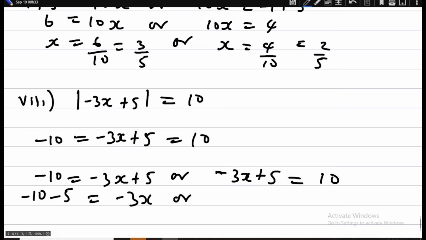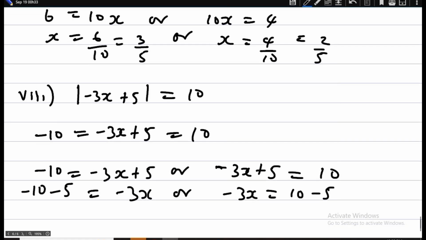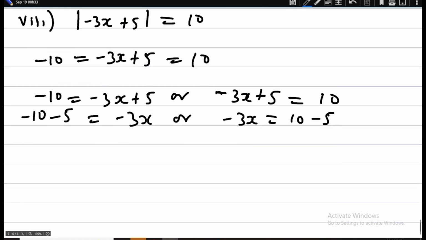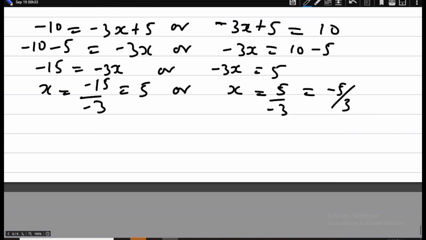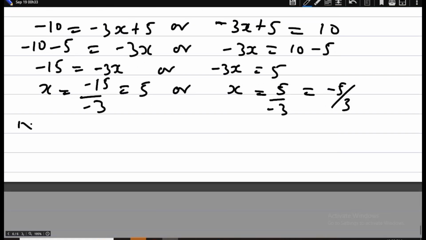So we're going to have that minus 15 is equal to minus 3x, or we have that minus 3x is equal to 5. So here we have that x is equal to minus 15 divided by minus 3, which will just give us 5, or we have that x is simply 5 divided by minus 3, which is something as minus 5 over 3. Okay, so we'll go to IX. Question number IX. Okay, let me add another page for question number IX. So for question number IX,